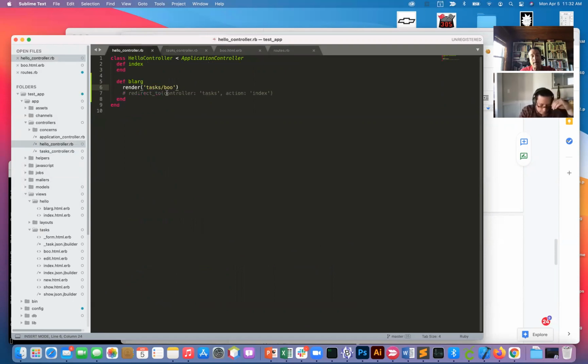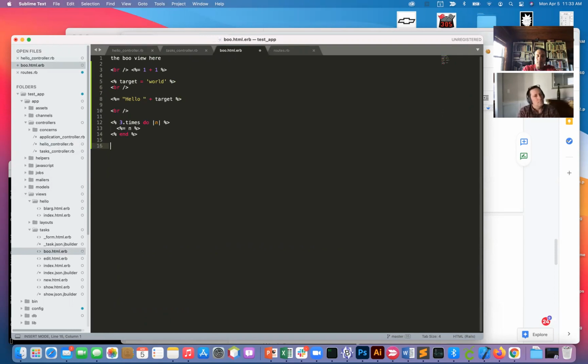And so for instance, let's remove this redirect just so we don't have any ambiguity. Well, I don't know, it'll be interesting to just try it and see. So for instance here, if I do var1 equals, here is some text, right? And then if I go down here, in this case we're going to be rendering task. I don't know if this is going to work, so we'll see. But if I go down here and I try to render var1,